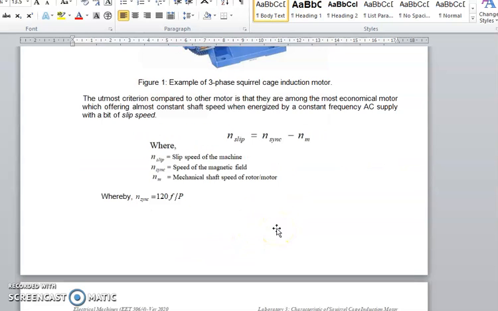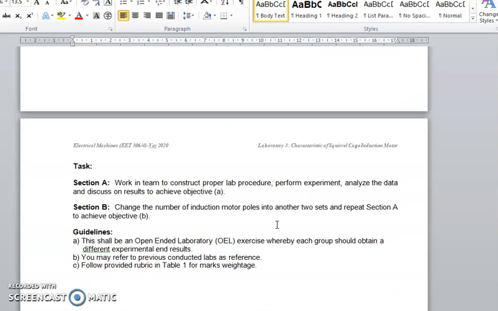For this lab, you shall work in a team, and we give you the task. This will be your OEL, meaning open-ended laboratory exercise. You will work in teams to construct the lab procedure. We give you the scenario, and you construct your own work procedure. You can use the previous lab that you have performed, the first lab, the pre-lab,